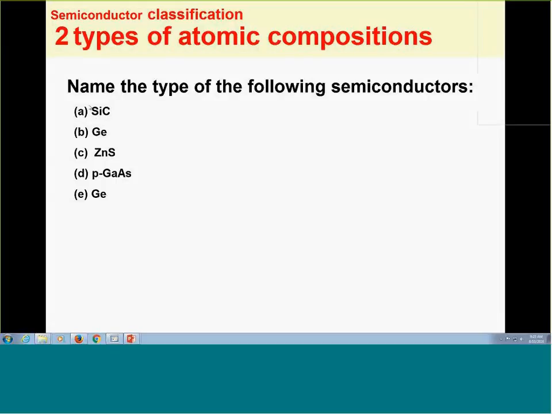So it's two, isn't it? So it's a ternary compound semiconductor. Germanium is single. This is ternary. And P gallium arsenide. If you look now, there's the word P in front of it. The word P in front of it means it is P type, isn't it? So there is an extra element that has been added into it so that there are more charge carrier holes in your semiconductor. And then, okay, again,